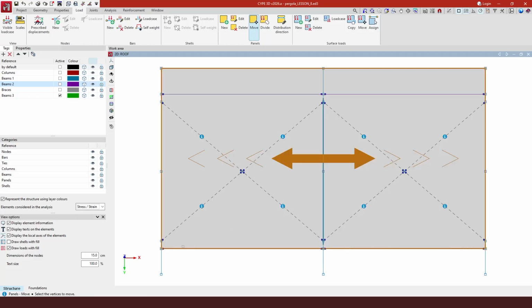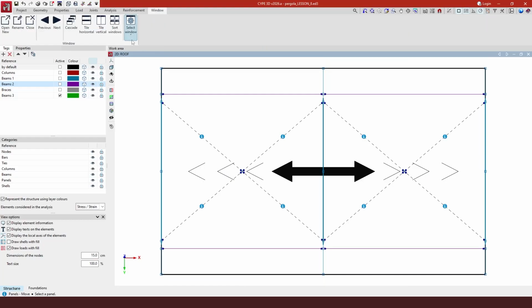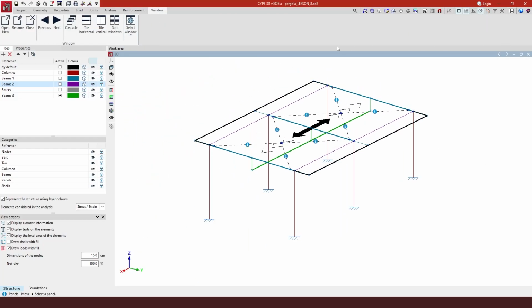Let's do the same thing. We click on the panel, we select the two vertices that we want to move. We confirm with a right click, and now we choose the point of reference and move it to the final destination. There's one important thing to comment about this possibility to stretch panels,